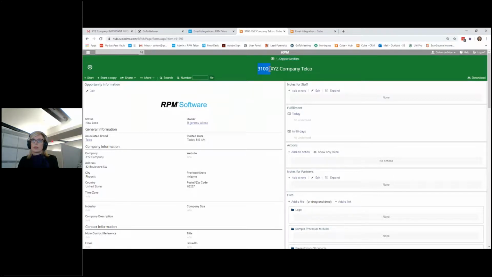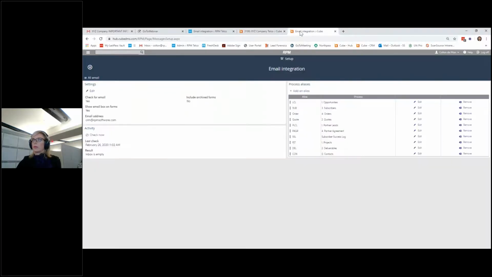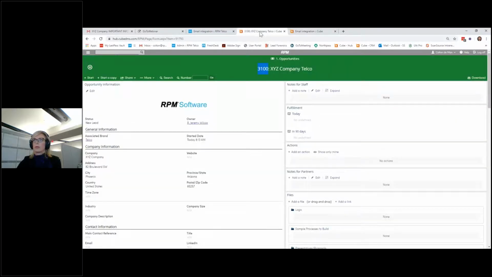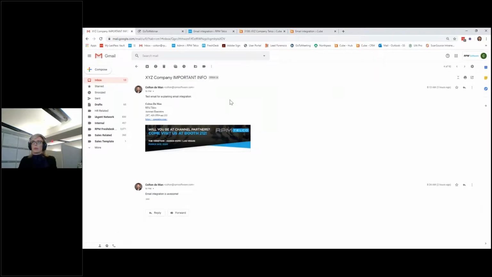The form number is important with email integration. What's used is this form number combined with the alias for that process. So in this case, you'll see that opportunities is here, and we have our alias as LCL. So to integrate an email into this specific form, I'll show you, I have, again, a mock email here,